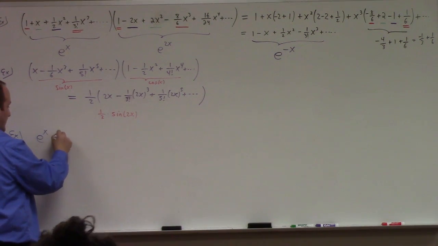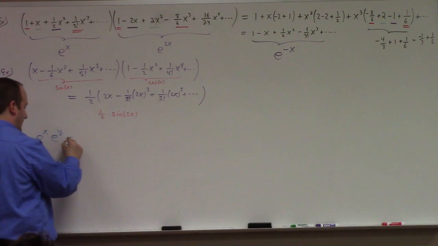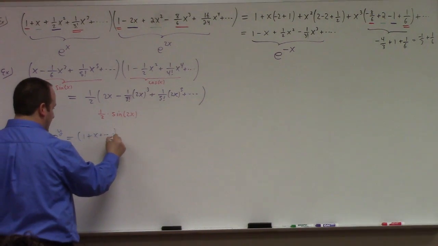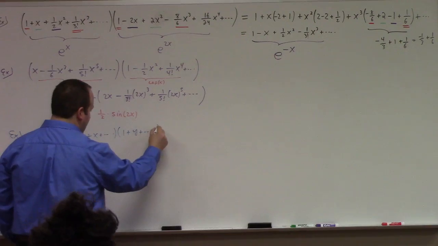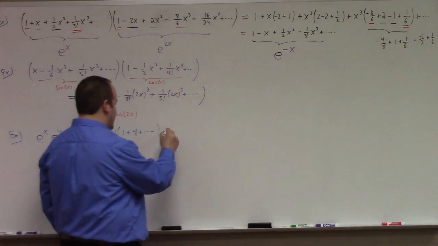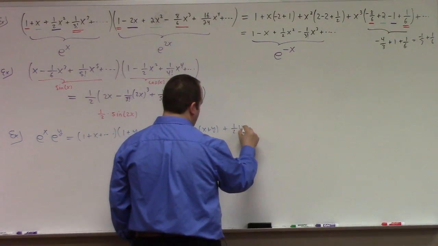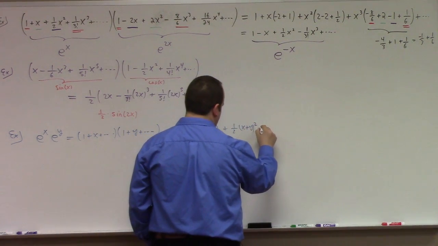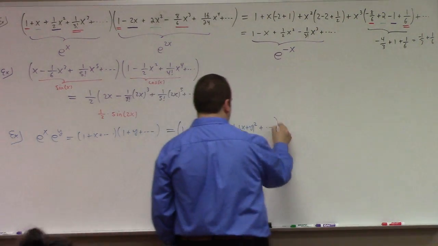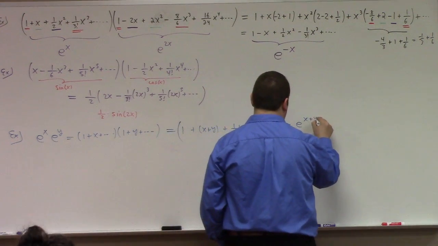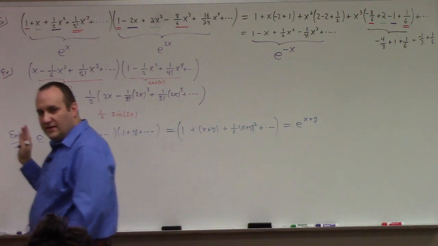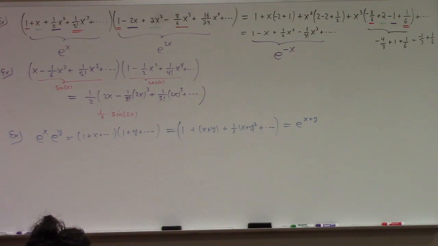I won't force you guys to watch it. But if you could calculate e to the x times e to the y, you could write that as a series, 1 plus x plus dot dot dot, and a series, 1 plus y plus dot dot dot. And you could work out that that series is in fact equal to 1 plus x plus y plus 1/2 x plus y squared plus dot dot dot, which of course would be e to the x plus y. In other words, you could use multiplication of series as a method to derive properties of the exponential function if you were so inclined. But anyway, let me show you some more examples.